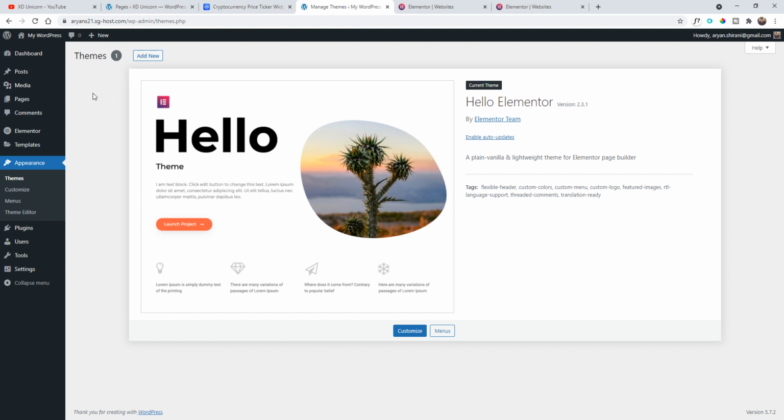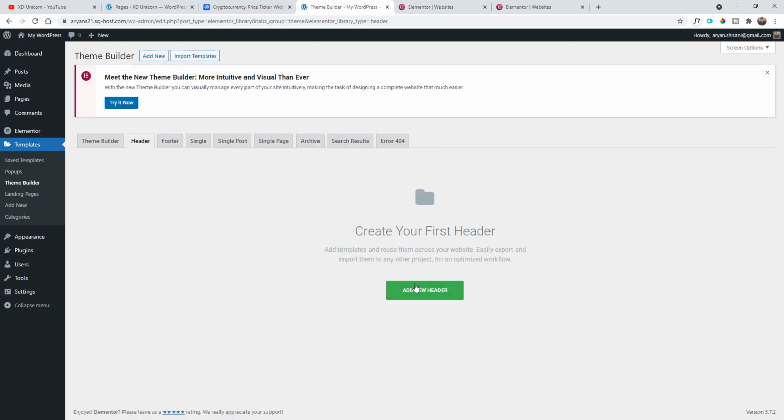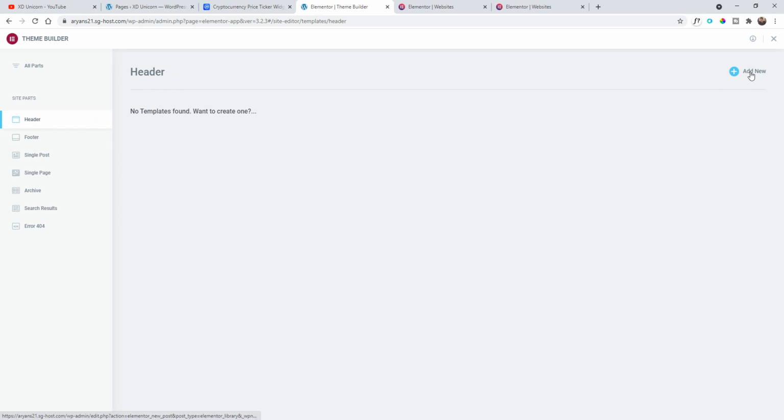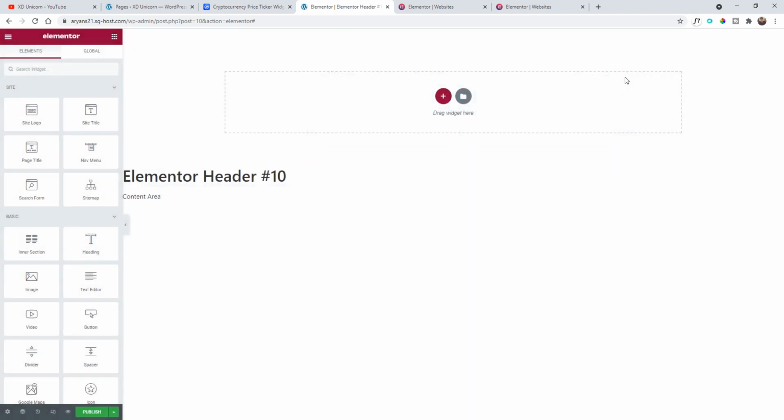Now we need to create our header. So the first thing is the header, and to build the header we need to go on templates, theme builder, and click on header and add a new header. We can also use the theme builder here. Let's try to use the theme builder as it's quite easier. So click on header here and add a new on the top right. You will have some header, some default one, but I don't use any of those. I just close it,